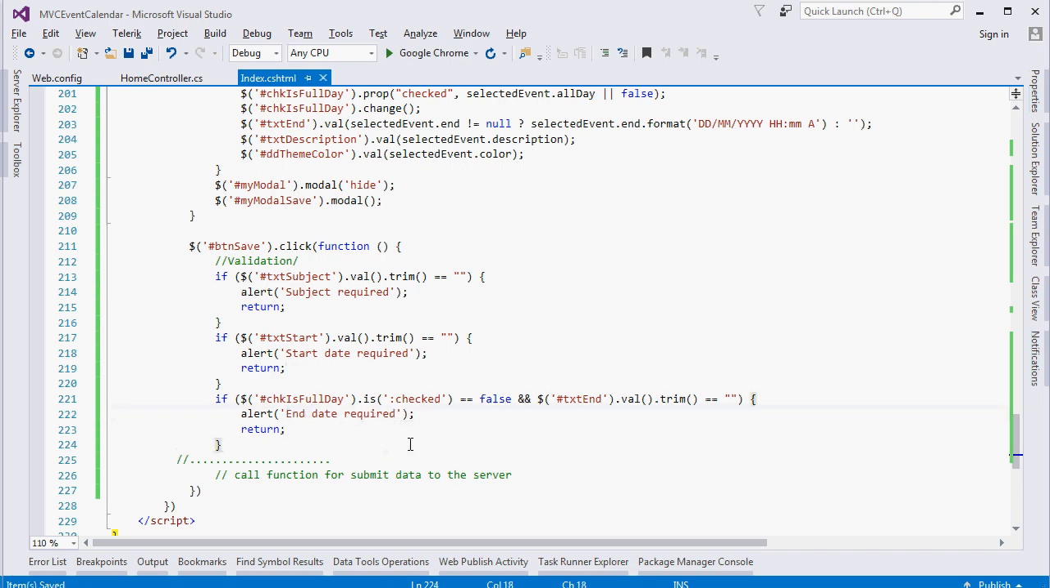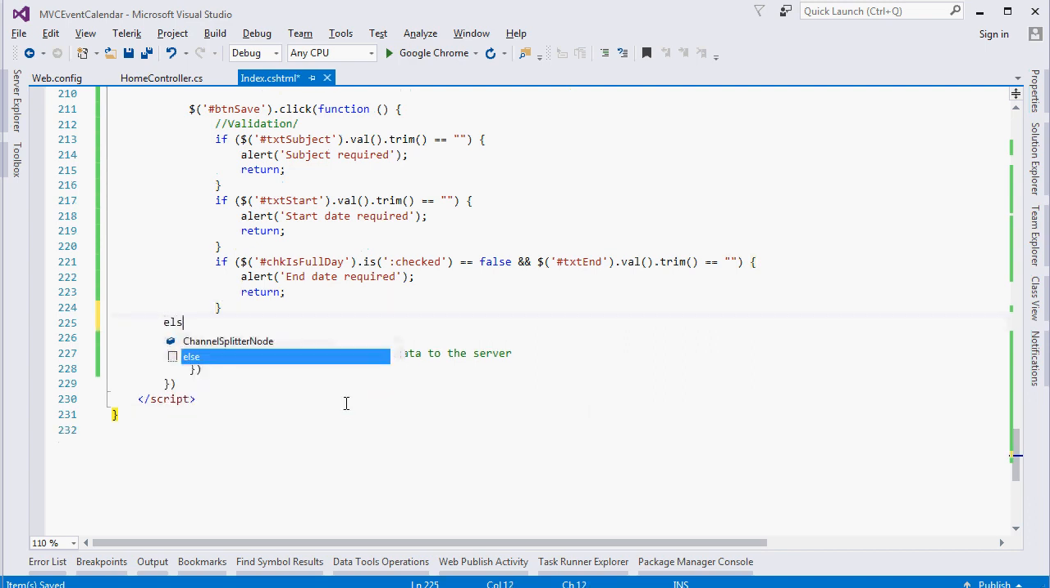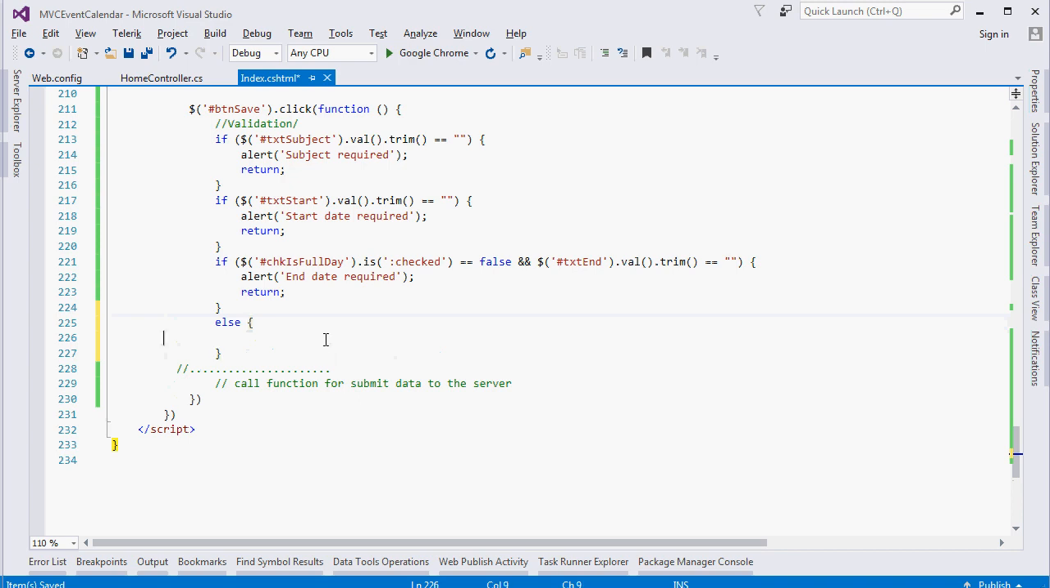Okay, otherwise we will not show this message. And if the end date and start date is provided, we should also check the end date should not be greater than the start date, right? So what we will do in the else part, we will check the start date and end date, which the end date